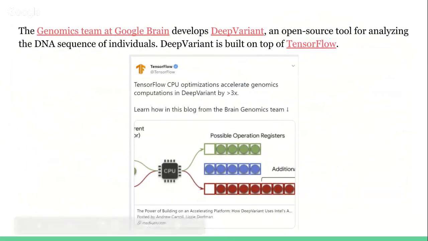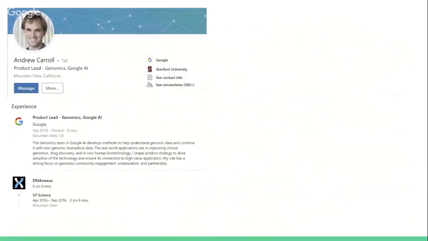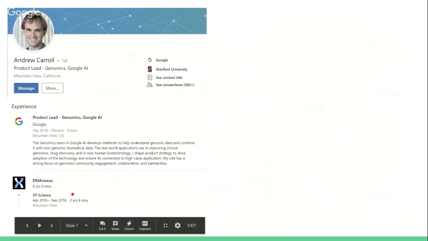DeepVariant is something that was developed at Google Brain, part of the Google Genomics team at Google Brain, and it's an open source tool with the code available on GitHub for analyzing the DNA sequence of individuals and calling variants. And it's built on top of TensorFlow. And so Andy Carroll, currently product lead at Genomics, Google AI, and previously for many years at DNA Nexus, VP of Science before he left, has been the one posting this. He's a Stanford Uni